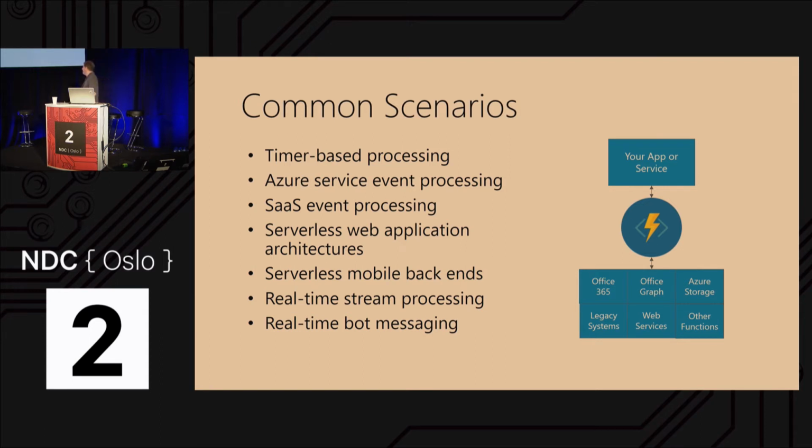So what are some common scenarios? I could probably do 3 pages of them. Timer-based processing, when you're doing kind of cleanup, you just want something to execute every once in a while. Event processing, real-time streaming. I mean, we're going to do something, it's not really streaming, right? It's going to trigger every time an image file hits a storage container. But I talked to somebody, I'm wondering if he's here, somewhere in the audience, that we had at the beer garden thing a couple days ago. And he said, well, we're doing something similar. We're streaming real-time video from drones and analyzing that. So you can use Azure Functions for that as well.